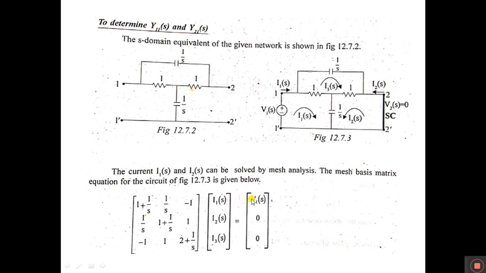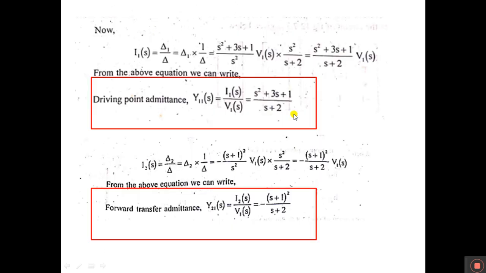When you write the voltage source, only the first loop has V1, so I wrote that; in the remaining loops there is no voltage source, so put 0. Find del first, then applying V1 and 0 in the first column, find del 1. Apply V1 and 0 in the second column, find del 2. Right? That is enough for us.